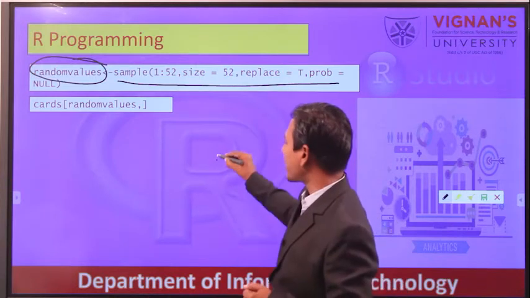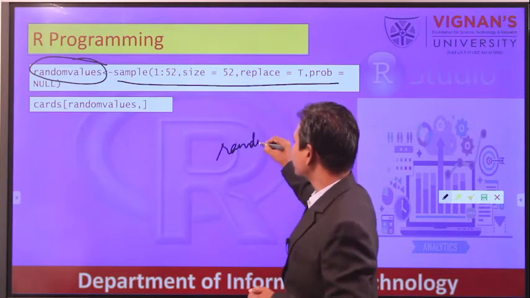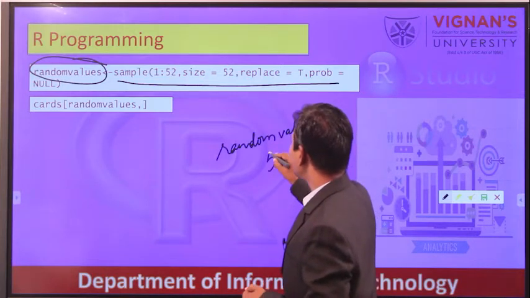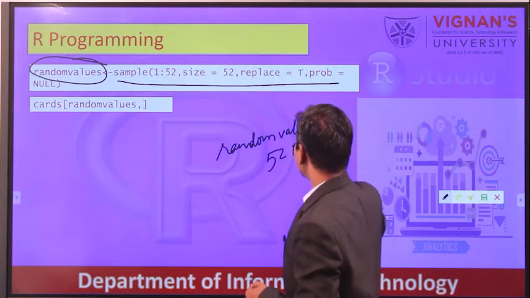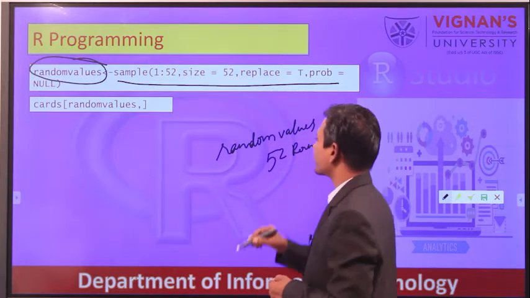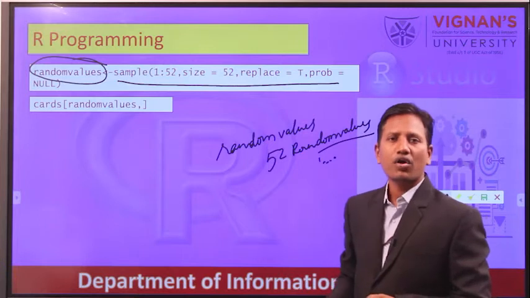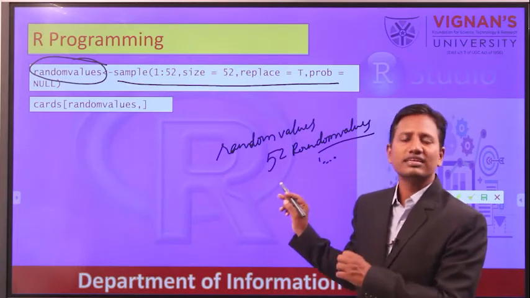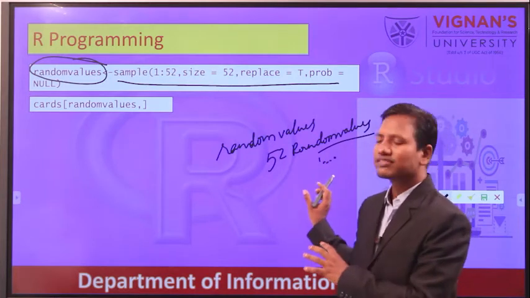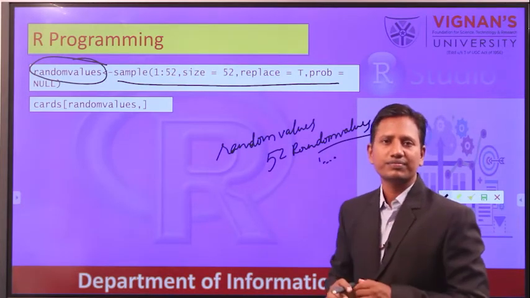Now this variable random values contains 52 random values. We are going to use these as index values. This is a vector, and we are going to pass this vector as an index.